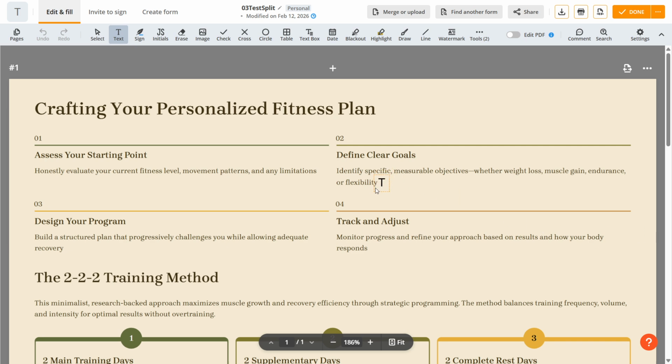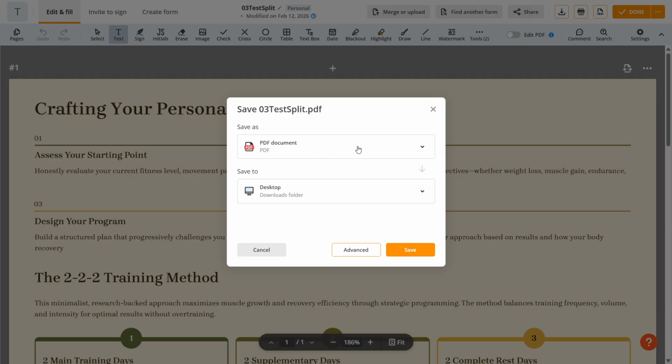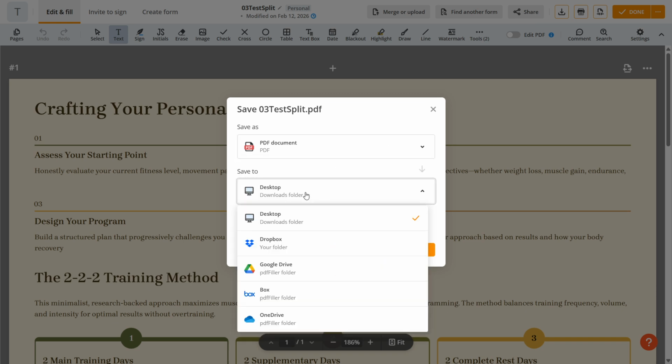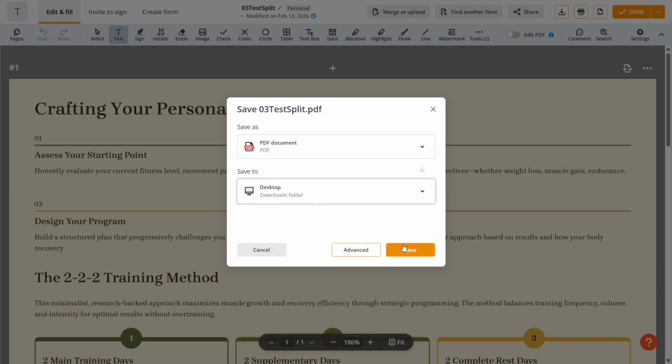So in case you are inside your PDF you wish to save, you want to go to the top right over here, and where it says Done, you can see to the left of it there's this Save the Document button, so we can just click on it. From here you can select what you want to save as. We have a bunch of different formats. I'm going to do PDF, and then I'm going to save to my downloads folder over here